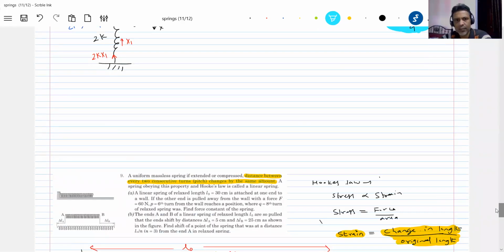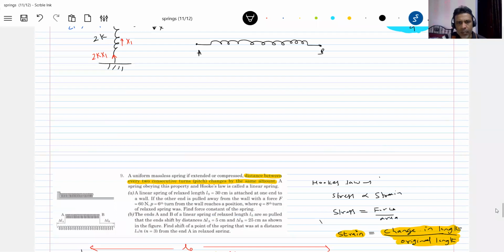And I'll bring it here. This is again one more very important piece of information which a student must have. Before entering any numericals, you must have this one basic property.